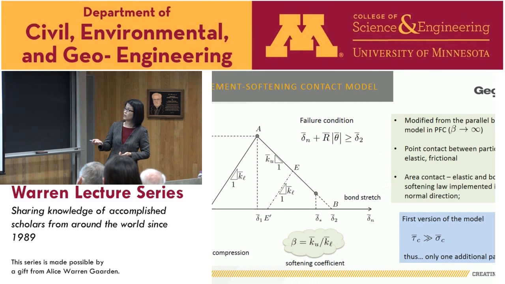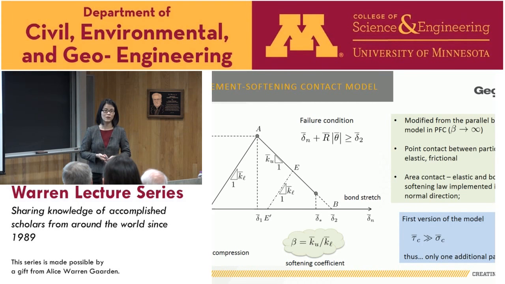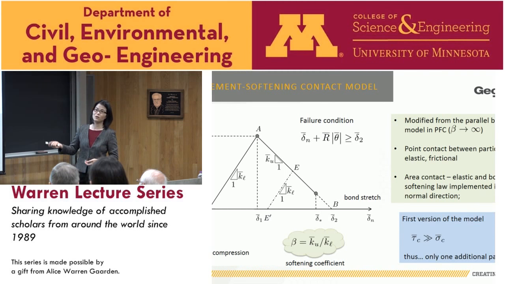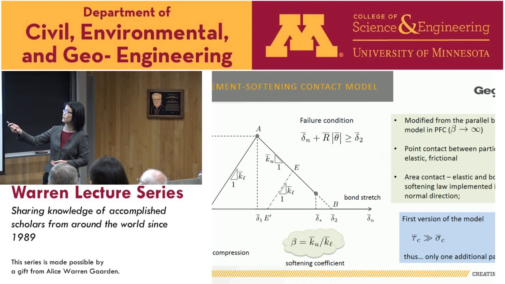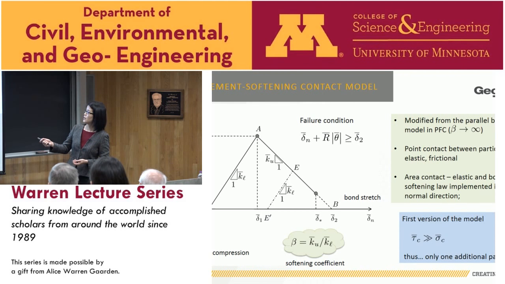So this time, Joe has been doing quite a bit of work measuring the size of the process zone in three-point bending, and I was wondering, along that line, what the process zone would look like. For the sake of getting the process zone, I have to put in this displacement-softening law. So that's why we said, okay, let's go back and get the softening law back into PFC, and see what happens. The conventional contact model in PFC, Particle Flow Code, is just elasto-perfectly plastic.